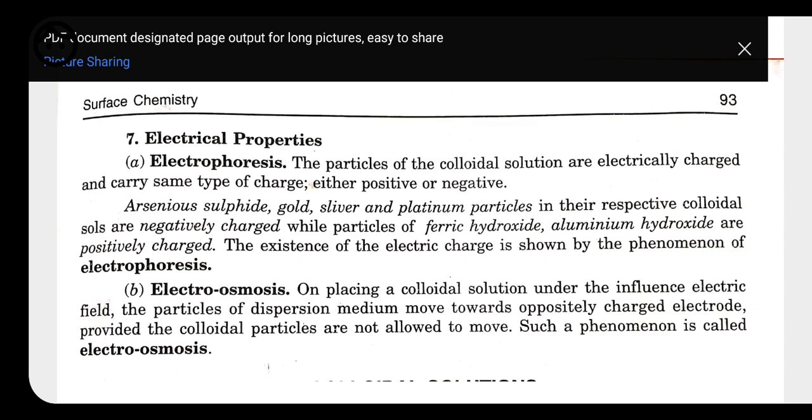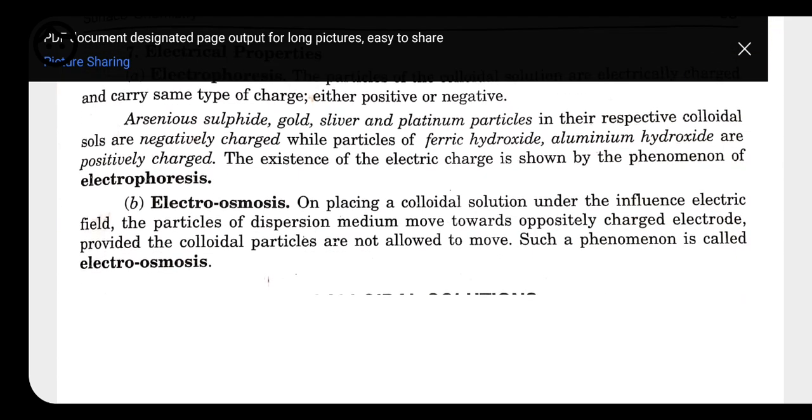What do you mean by electroosmosis? It is a process in which we again pass electric current, but here we put a parchment membrane, because what is osmosis? Osmosis is a process in which only solvent molecules pass through, but not the solute. So the solute is not going to move from one place to another. That's why we put a parchment membrane, and whenever we pass electric current to the solution, the solvent particles start moving towards the opposite charge. That is called electroosmosis.